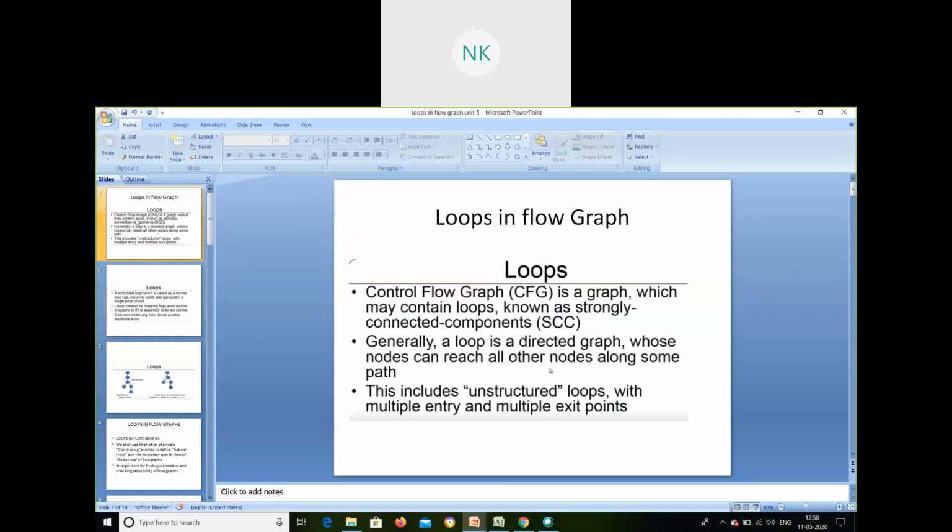We have seen how to create basic blocks in my previous slides, how computations can be done inside basic blocks, and how to optimize code. Now, loops in flow graph.